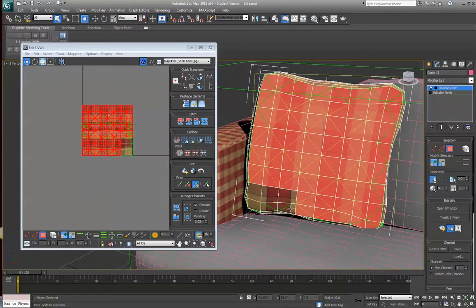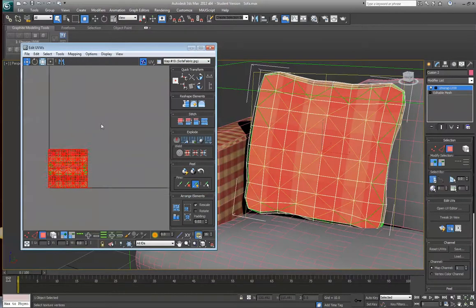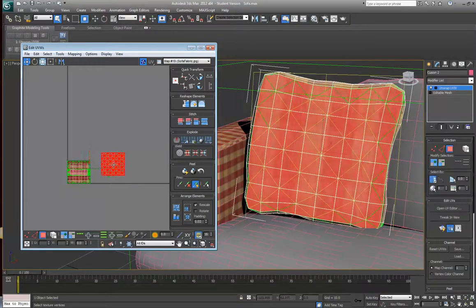And as you can see, it updates in the UV editor with what objects I've selected. So now what I can do is, if I grab it and move it around, you see in the viewport that it's adjusting accordingly. First thing I'm noticing is that the squares are not the right size, so I'm going to